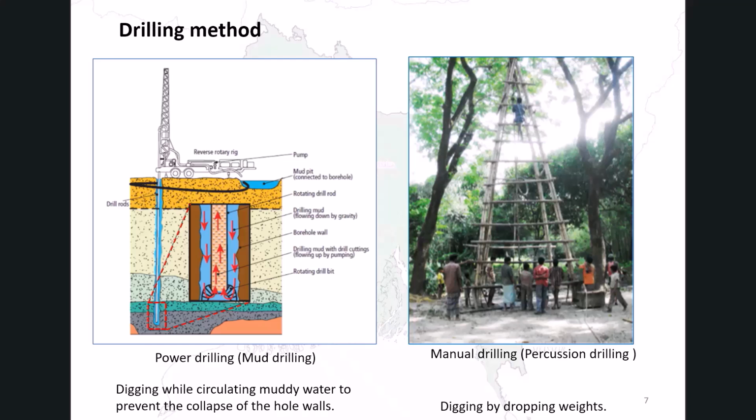The right picture shows the percussion excavation method. This is a drilling method in which a heavy drill bit is suspended from the end of a wire rope, and the rope is moved up and down manually to break and crush the ground layers during excavation. These are basically methods for excavating in soft soil ground.